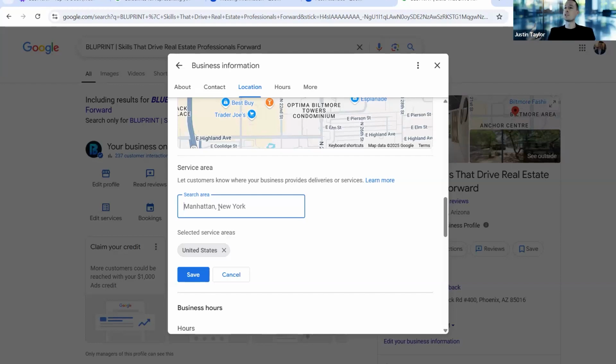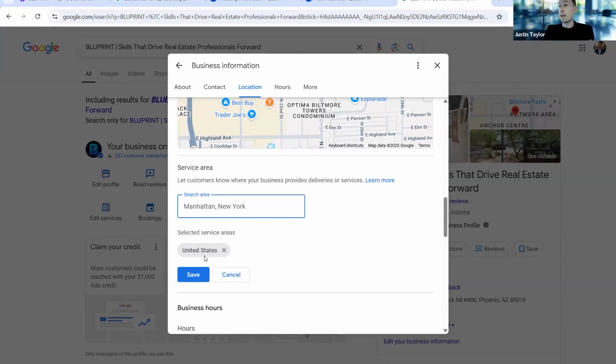Because think about the search intent. If somebody goes and says homes for sale in San Diego on Google, what about if they're looking in Oceanside? Homes for sale in Oceanside. You want to make sure that you're ranking for those. So that's what I mean, that if you're in a big metropolitan area, what are all those other smaller areas and communities that you can put in there?